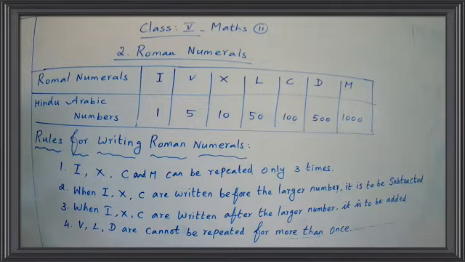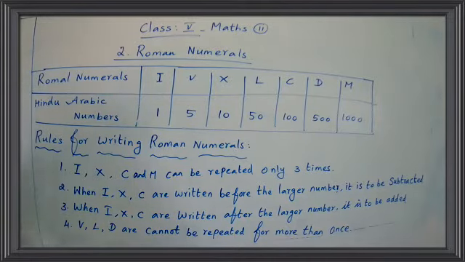The Romans invented some symbols which were used to represent numbers. These symbols were quite different to the ones we use today. In the previous class we studied Roman numerals up to 100. So we know that there are a total of 7 symbols in the Roman system of numeration. The Romans used 7 basic symbols to write numerals.